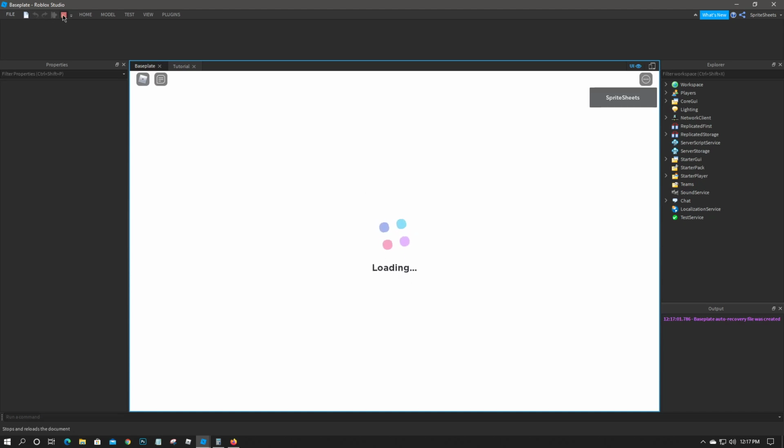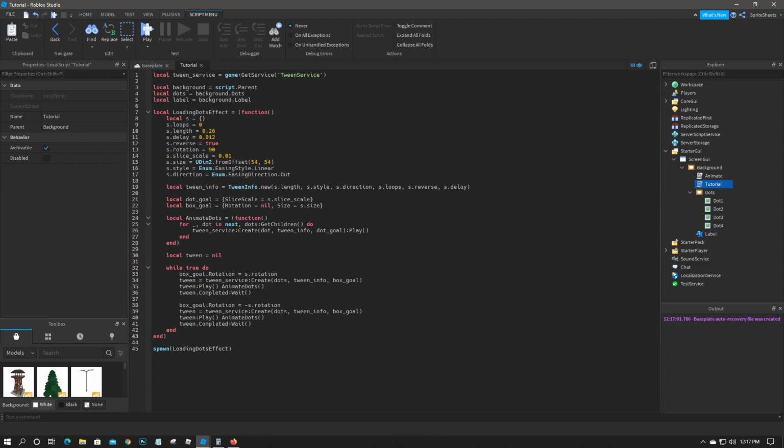Now the loading isn't doing anything because I didn't script it in this one, so I'm going to write a quick function for you guys if you want to know how to do that. It's pretty simple. We're going to do loading text effect is equal to another function, and we're going to go ahead and spawn that after the other one, so loading text effect. And for this, it's pretty basic. I'm just gonna do another S array just for this. So we're gonna set the delay to 0.24, and then while true do